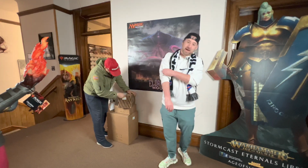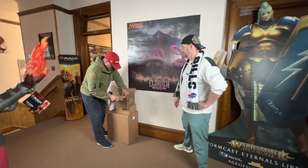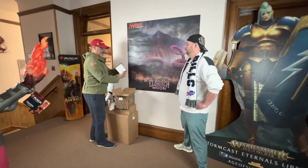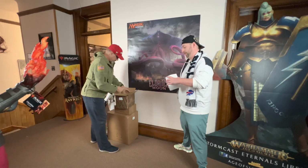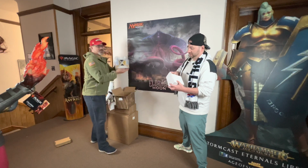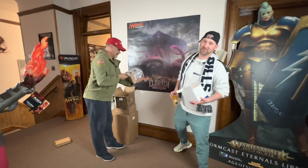So it's all Games Workshop, so it's going to be Warhammer 40K, Age of Sigmar, probably some paint, so we'll let them go through it. Let's see what we got. Ooh, this is an interesting looking box. What do we have in here? This is plastic glue. I'll pass that one off to you. Thanks, buddy. Don't sniff that. And of course, it does have a strong smell. Oh yeah, it does. This is for...